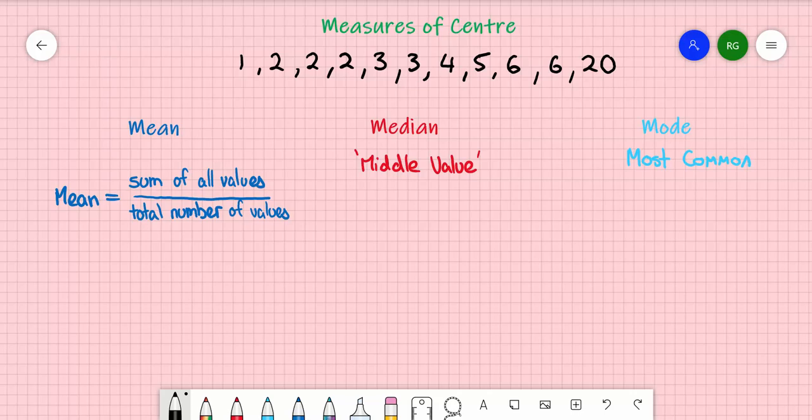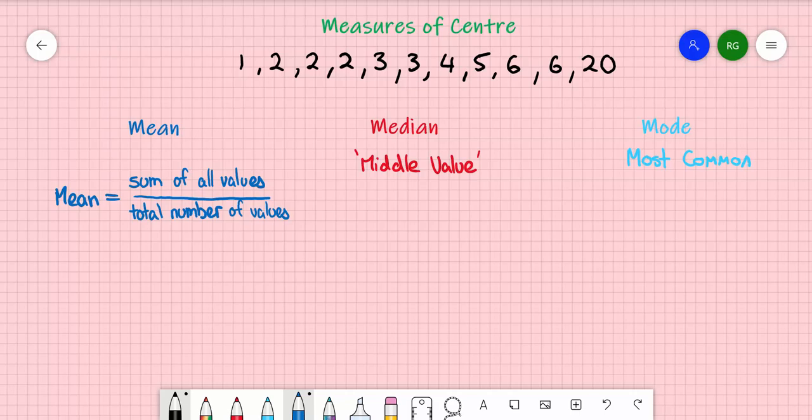We're going to start with the mean first. The mean is simply what we would consider the average, and we can mathematically work it out by the following equation written below. The mean is equal to the sum of all of the values divided by how many values there are. So in this case, we need to add up 1 plus 2 plus 2 plus 2 plus 3 and so on, and add up all of those numbers. If I was to do that, I get